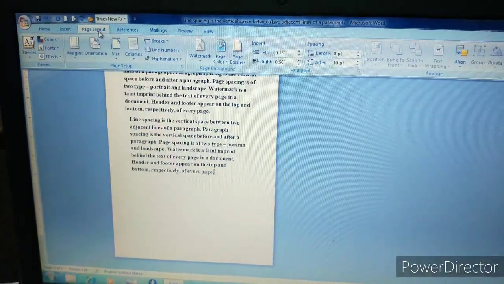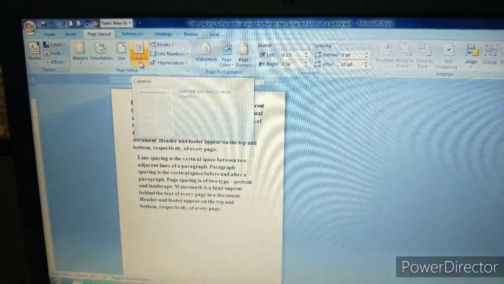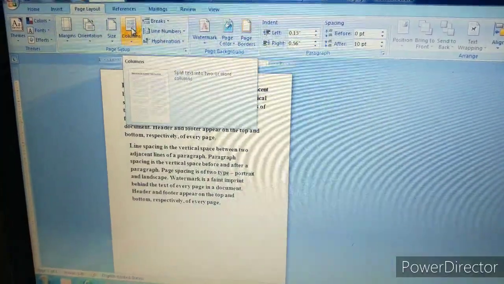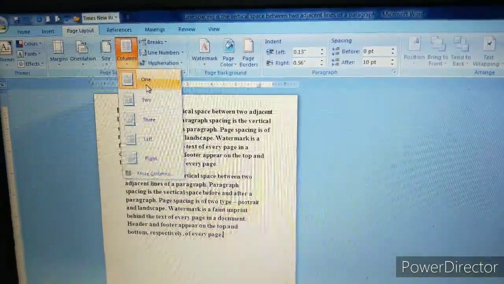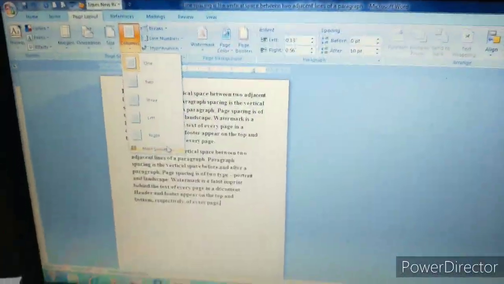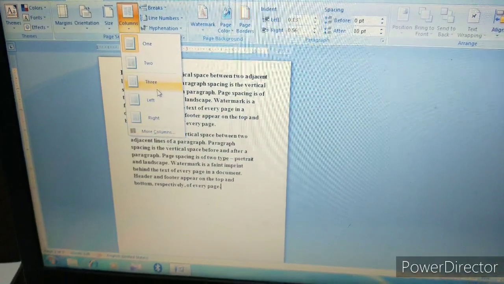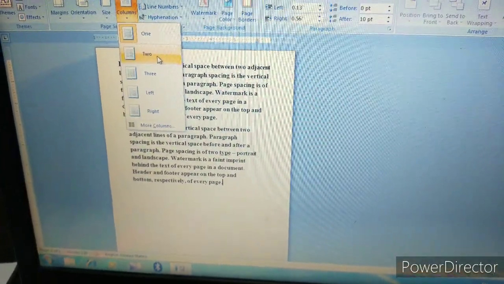After clicking on Page Layout, in this Page Setup, Columns is already given. Click on Columns. Then here you can see the numbers 1, 2, 3, Left, Right, and you can customize more columns from this side.